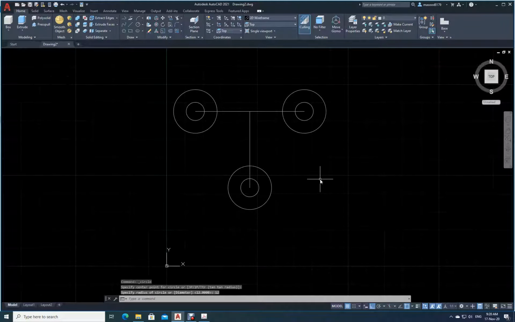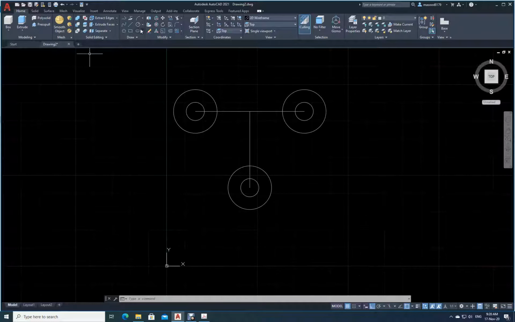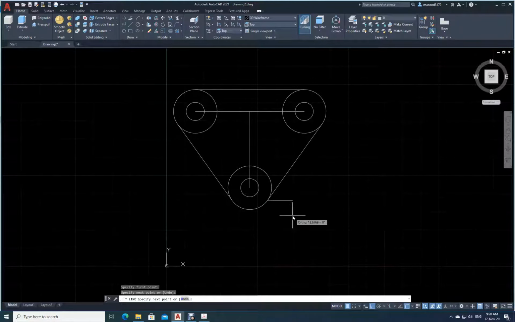Okay. Now what I will do is I will draw the edges now. Let me go, remove this midpoint, select tangent. Okay. Now I will come, select the line command, go here. See, you see this tangent symbol. See that green color. Then enter. Then again one more line from here. Come back here. One more line. Click here and then come and click here and then escape. Okay. Now you have already drawn.